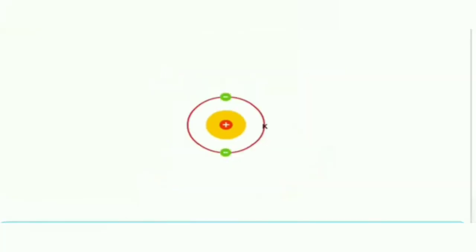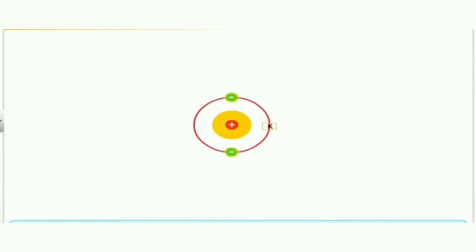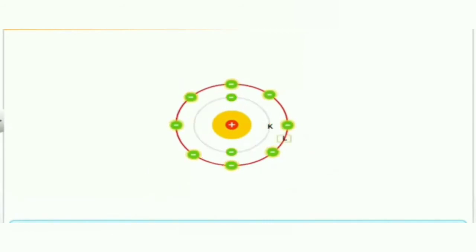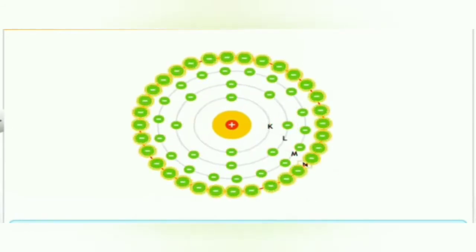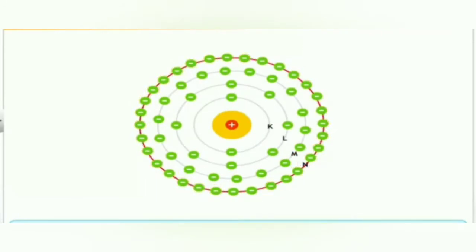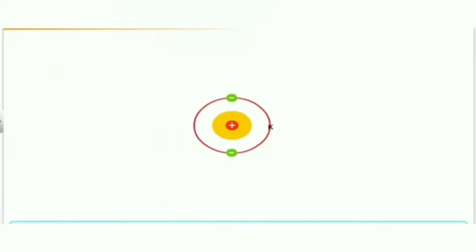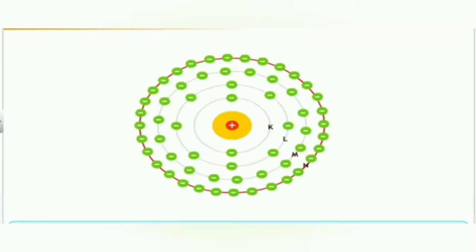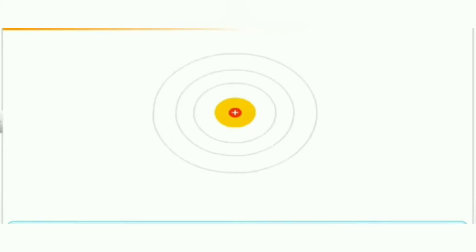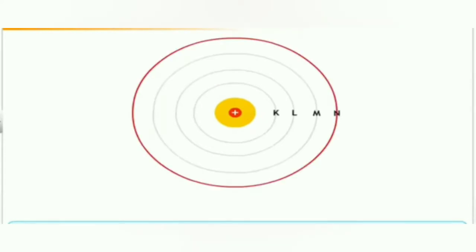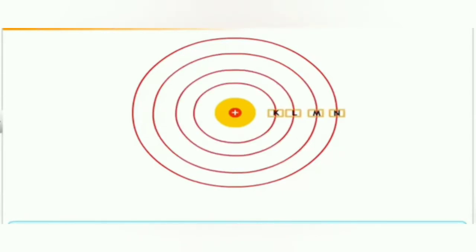The filling of electrons in an atom is a stepwise approach. First, the electrons are arranged in K shell, then in L shell, M shell, N shell and so on. Means the energy levels or energy shells are filled in order of increasing energies. In order to write down the electronic configuration, one should have knowledge about the number of electrons in one atom of the element and the maximum number of electrons that can be accommodated in different shells of the atom.